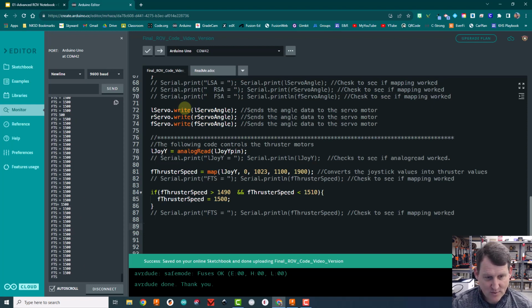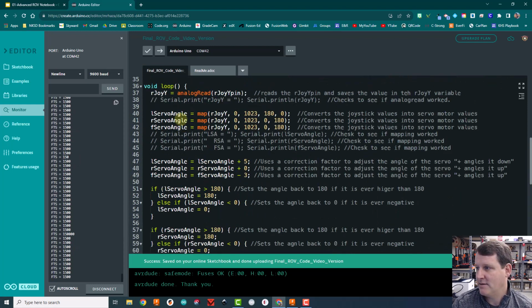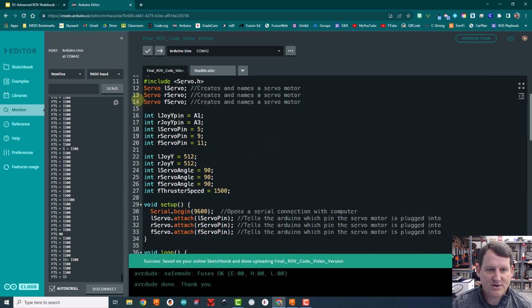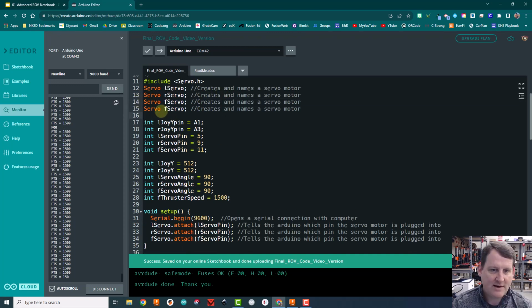So the way this works is you name your motor first. So we need to name our motor. So let's go up and name our motor real quick. So to name our motor, we come up here to the servo part, and I'm just going to copy, paste this line of code. And I'm going to change F servo to, well, actually F, it works great. I'm going to change it to F thruster. Okay, so I just made a servo instance called F thruster,